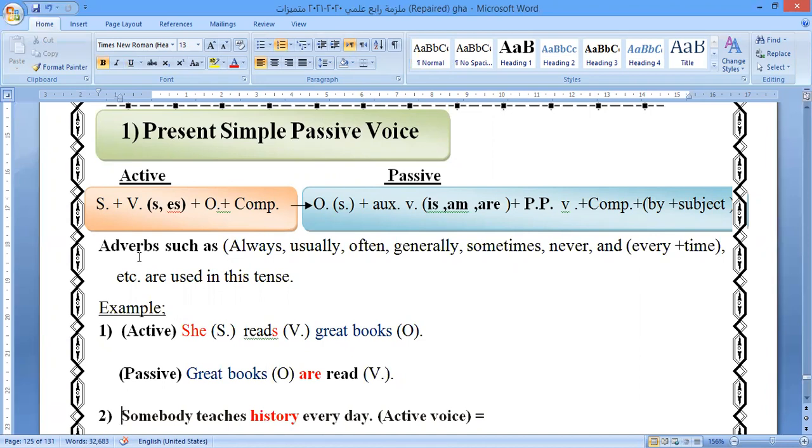How can we know that this tense is the present simple tense? Mostly you can find these adverbs of frequency like always, usually, often, generally, sometimes, never, and also every day, every month, every plus time, and every day, every month, every year, every week. All of these are used in this tense. تستخدم في هذا الزمن. Our sentence جملتنا بالactive voice